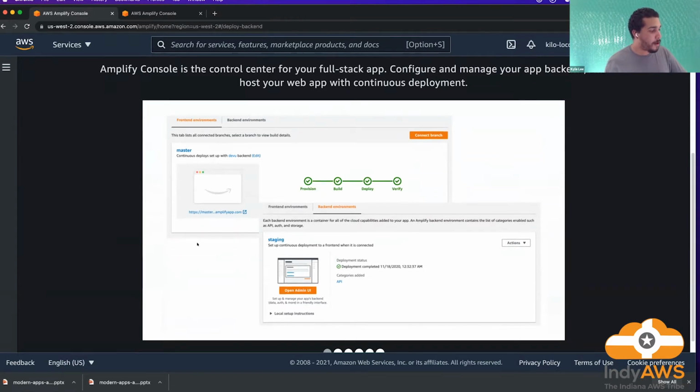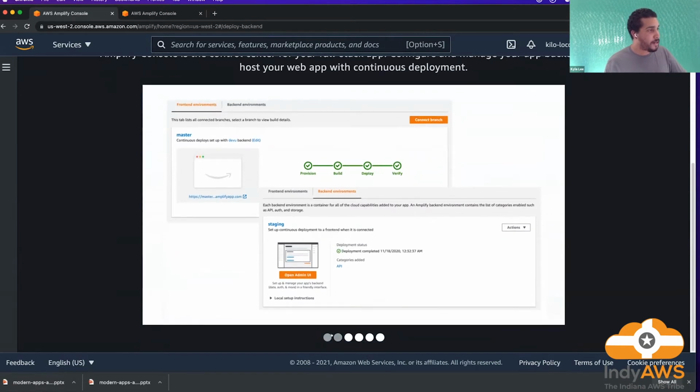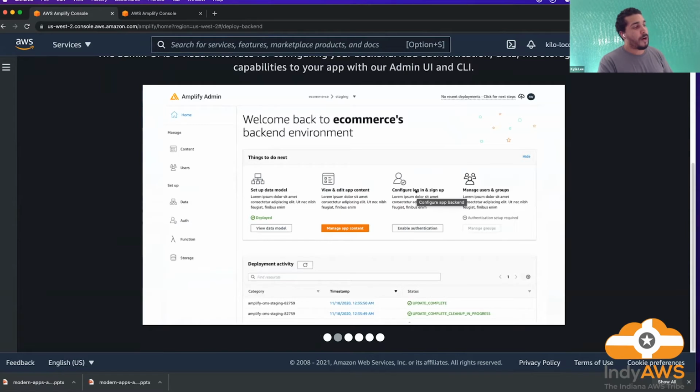But what we're going to be primarily looking at today is mostly this back end portion. We'll see this after we're done creating our Amplify app. We'll also see the primary dashboard. There's a number of different things that we can do with the admin UI, but we're going to primarily focus on authentication and the data storage portions of it, because those are the features that allow you to go the furthest and are the most common features for an app, right? Signing in a user and saving something to a database, pretty common.